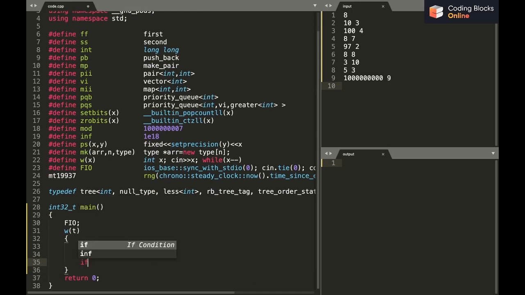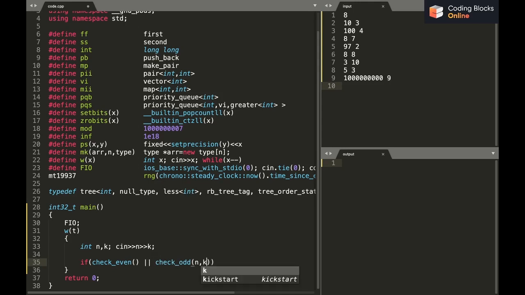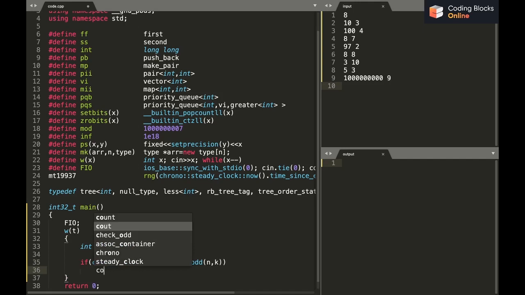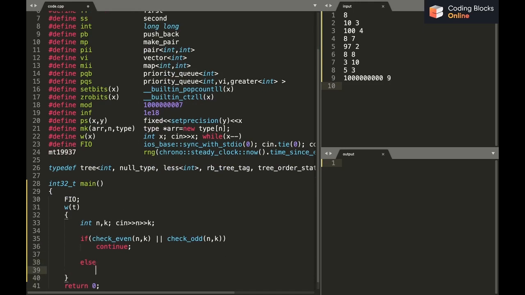I'll say if check even or check odd n comma k, then don't think, continue. I'll just print the answer there itself, else just say cout no.